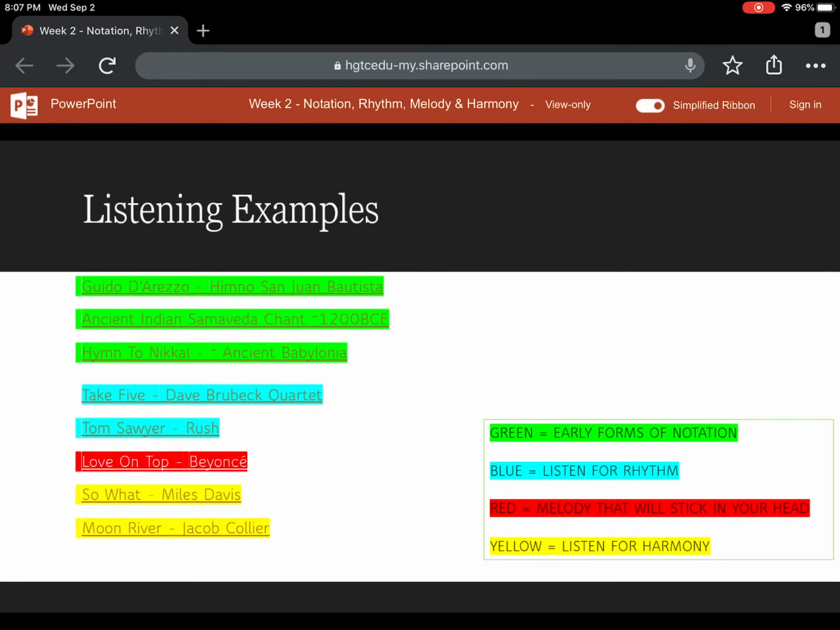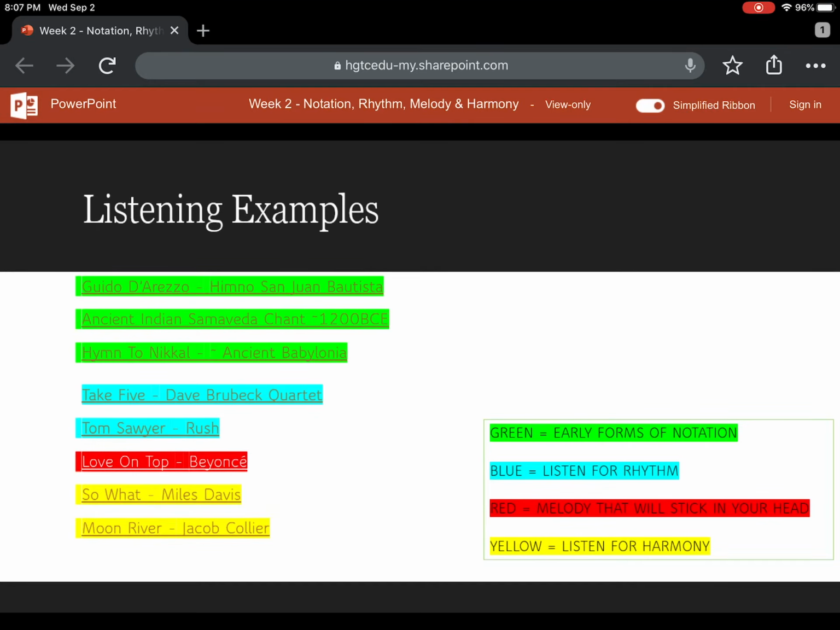And when you're listening to each of these, I have marked what I want you listening for. In the first three, these are examples of early musical notation and what early music sounded like. So we're talking about BC, like a long time ago, ancient human music. And it's really cool to reconnect to that. When we get into Take 5 and Tom Sawyer by Rush, again, great song,